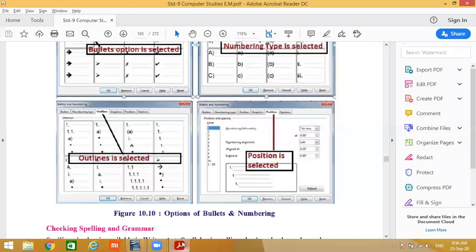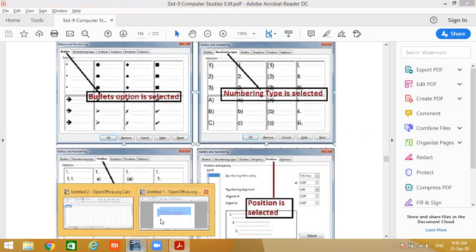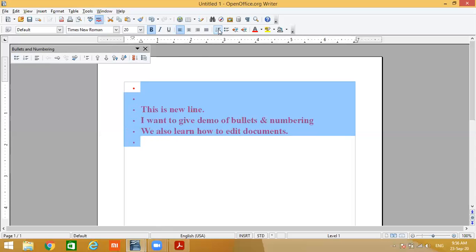This type of bullets or this type of number, which you want to give in your document. Bullets on. Insert a number, enter level, move up, move down. Restart numbering.